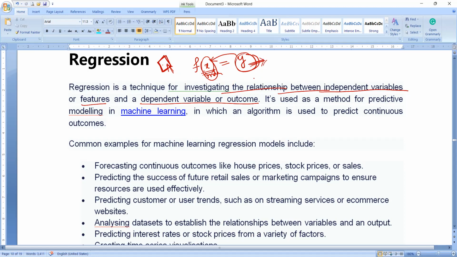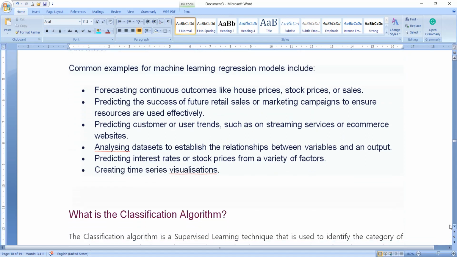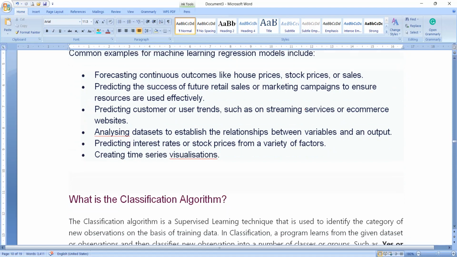So we are going to find out the relationship between independent variables and dependent variables. Here the independent variable becomes input and the dependent variable becomes output. So we are going to investigate what is the relationship between independent variables and output dependent variables. It is used as a method of predictive modeling in machine learning, in which algorithms are used to predict continuous output. Common examples of machine learning regression models include forecasting of continuous outcomes like house prices,